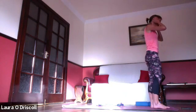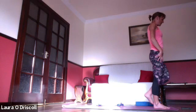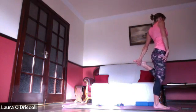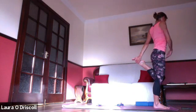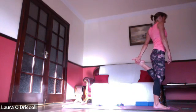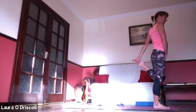So same pose as we did on the other side, so starting with the feet and knees together. We're going to bend the left knee. We're going to catch hold of the inner arch, so that left palm is flipped out to the left side of the room, so we're catching hold of the inner arch here, resting the foot into the hand. And again, this in itself, just pressing the foot into the hand, we're going to feel that lovely stretch into